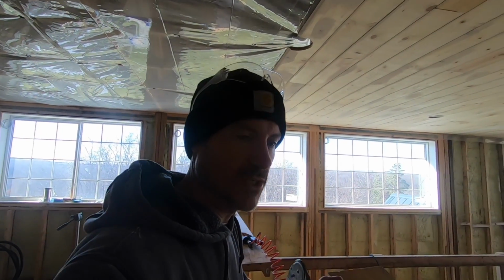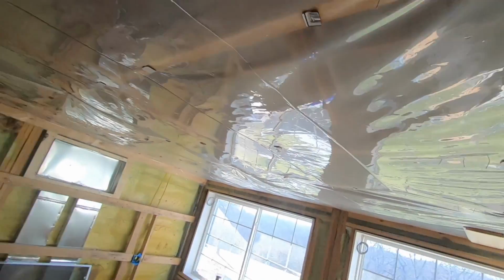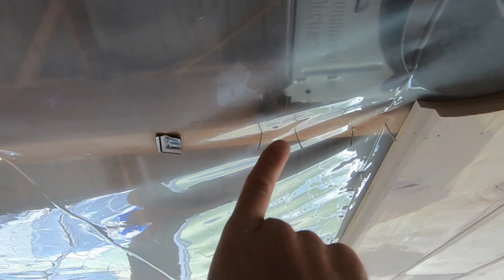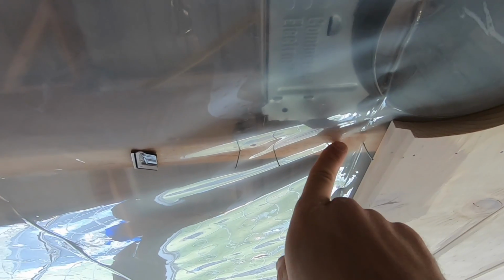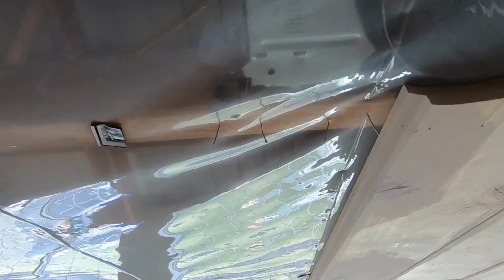So we've established how strong these little 18 gauge brad nails are. They're 2 inches long, but one thing I do is I angle them opposite ways when I put them in the boards. And that helps. If there was ever any movement in these ceiling joists or whatever, and you had them all just straight in or all at the same angle, that board could potentially vibrate loose over time. But if you put one in this way and then alternate the angle, that increases the holding power